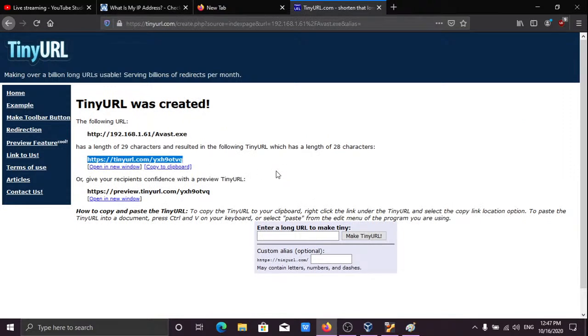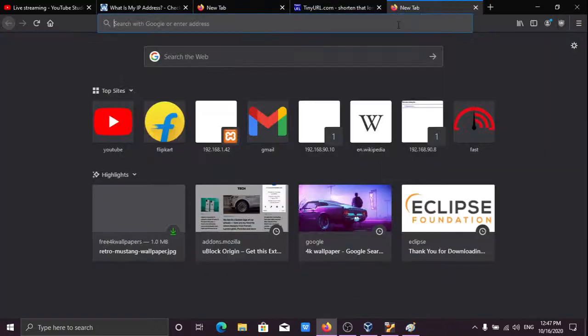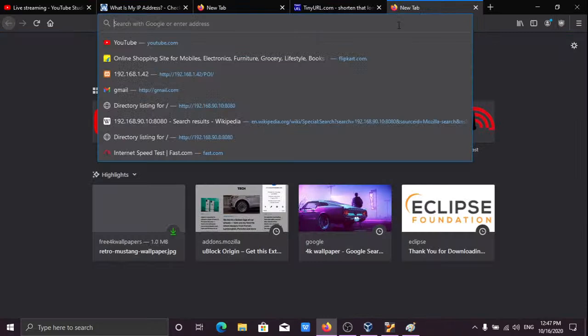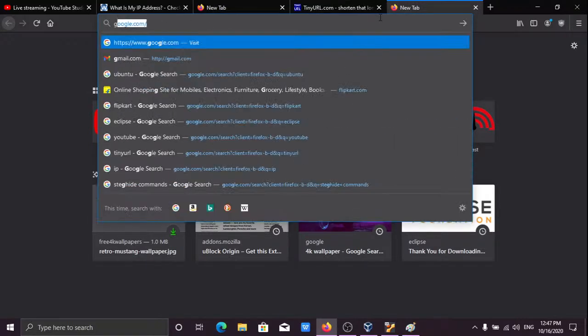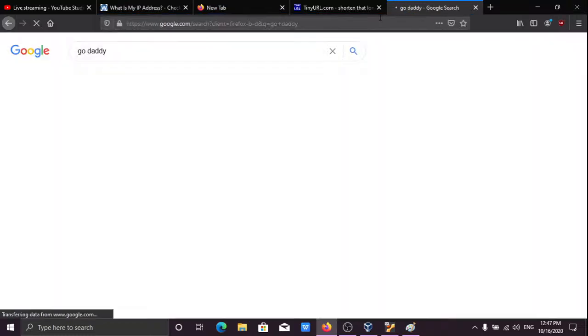Okay, nothing to suspect, right? Nothing to suspect. Now you can actually upload this by buying a domain as well, if you are too hellbound on hacking someone. Okay, don't do that. Anyway, if you want, you can just go to GoDaddy and search for similar